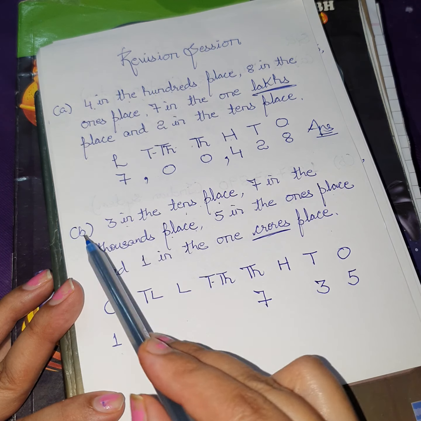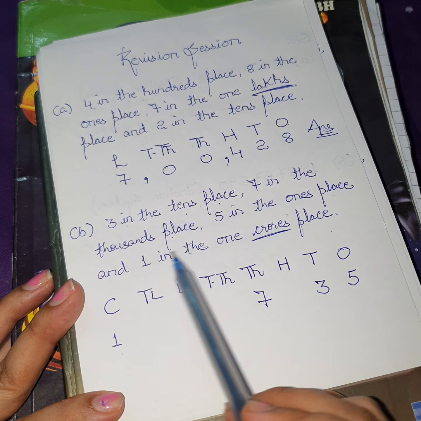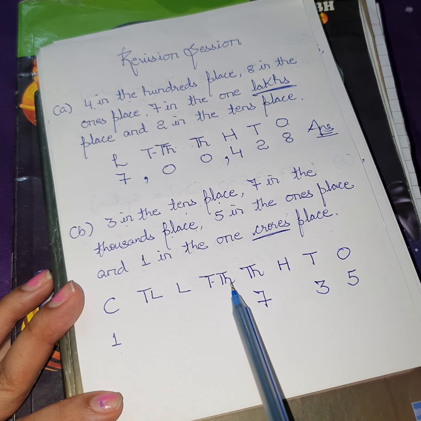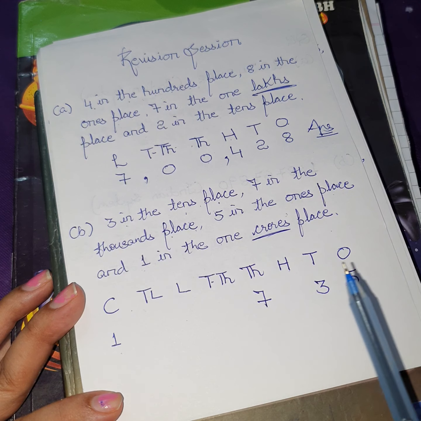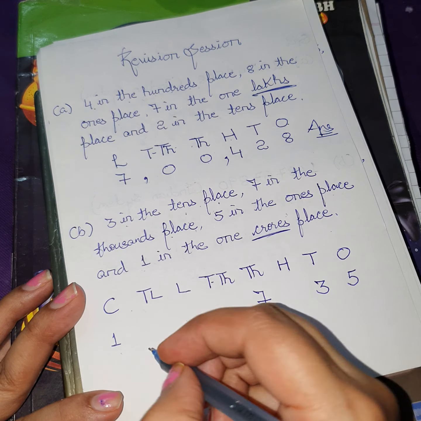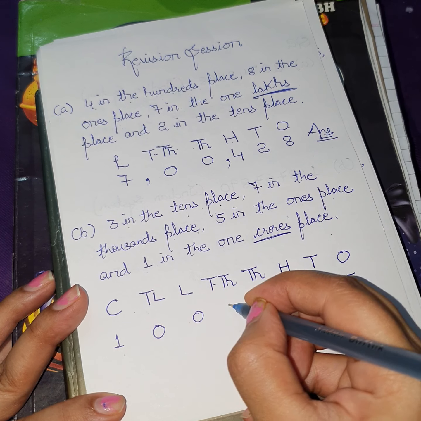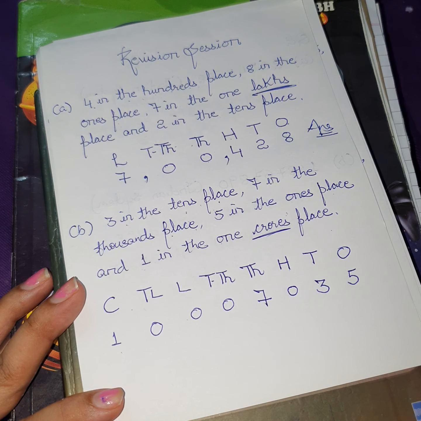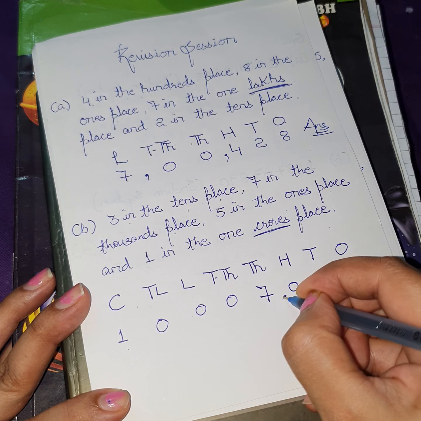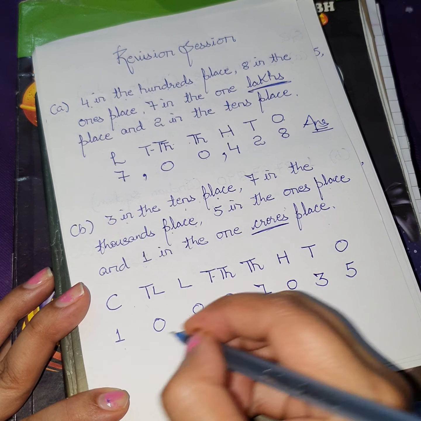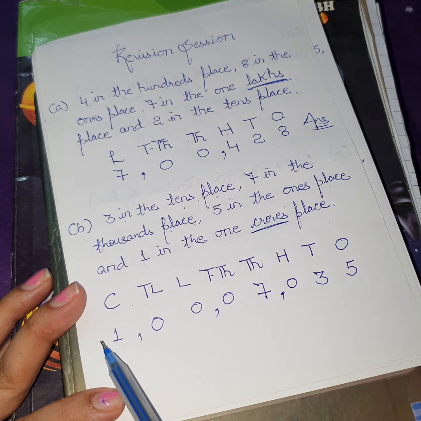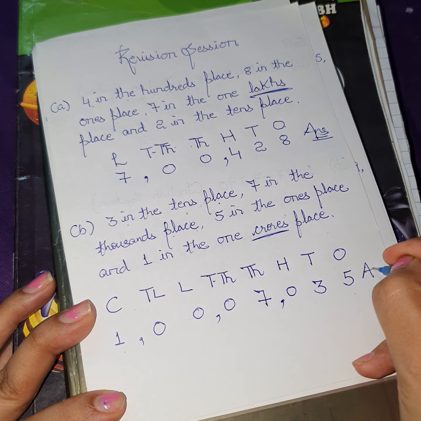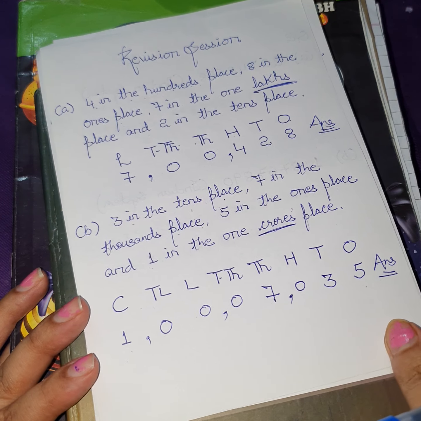See students, only this information was given, only 4 digits were given in different places. Other than that, no information is given regarding 100, 10,000, lakh and 10 lakh place. So what we will do, as I have told you here, we have to put zeros if no information is given. So the places which are empty, there I have mentioned 0. Now I will put comma according to Indian system. So before 3 digits, then before 2 digits. So this is our answer, 1 crore 7,035. Okay. So this is the B part of question number first.